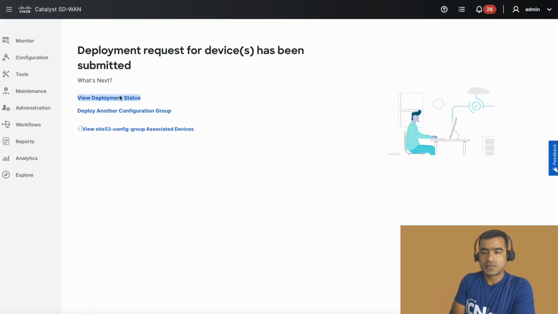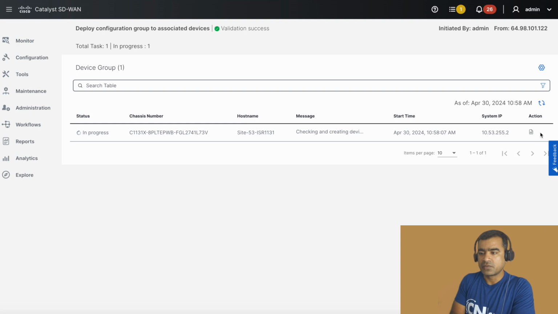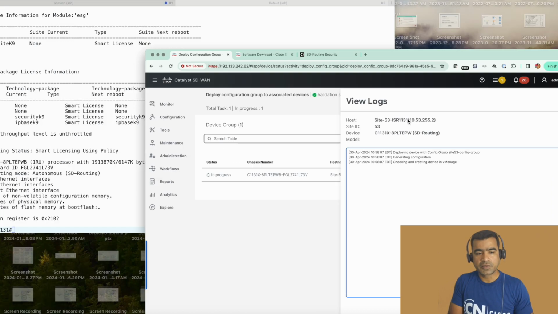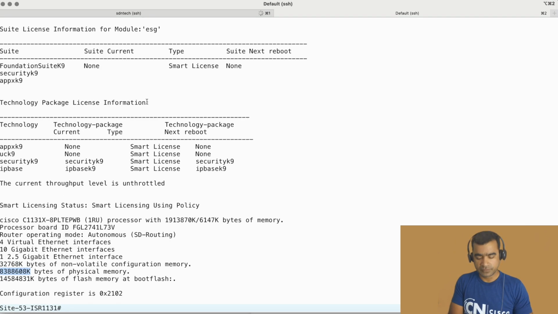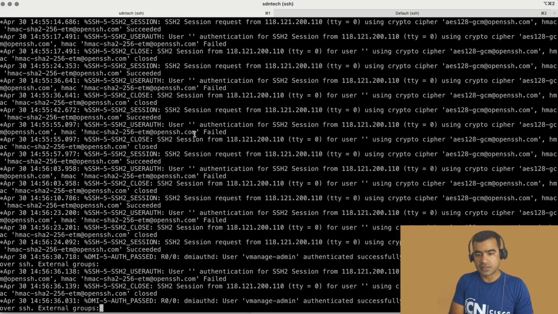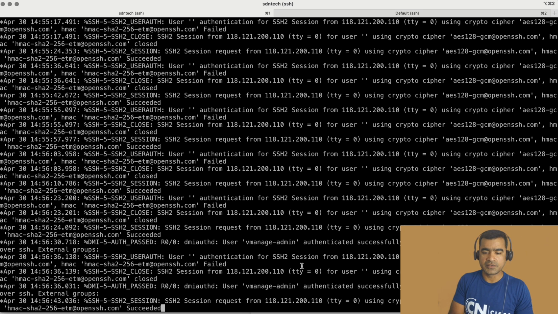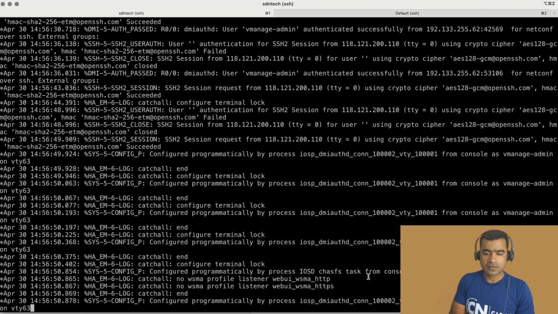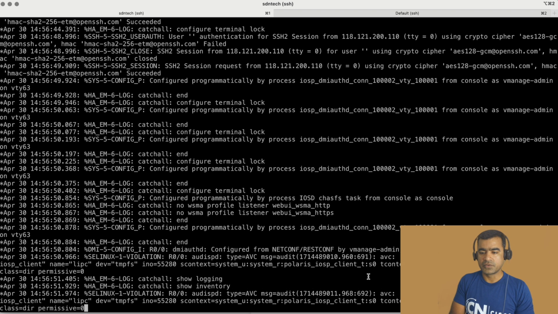view deployment status, and we can watch progress from here. Checking and creating device in vManage. At this point of time, we can go back to our router, hit a couple of enter here so that it doesn't time out. And here you can see this is busy console, but you can see vManage admin is logging in. It got configuration terminal lock, and it has started programming a few things. Okay,